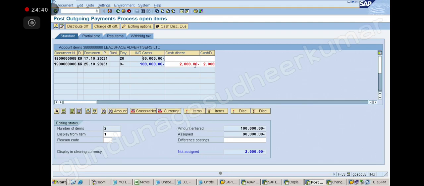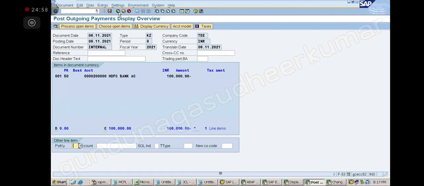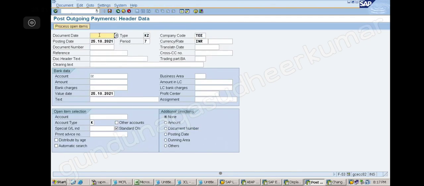Depending upon what date you are paying, the system is automatically calculating. Based on the date you are paying, the system reads the payment term and calculates how much you are eligible for. Good. Now suppose I pay after 20 days, say on the 16th.